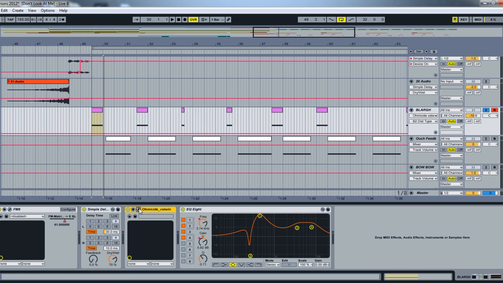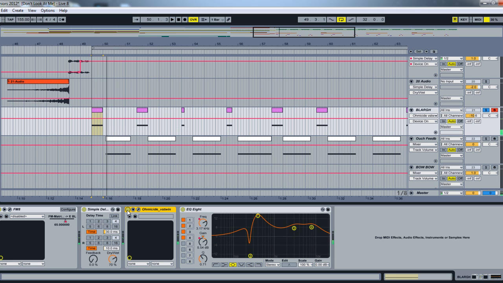Okay, and then that'll just kind of fatten up the sound a little bit. It'll make it a little bit more growly, a little bit more monstery, because if I have it off, it's still kind of got that sound, but if I turn it on, it's much stronger, it's much bigger sounding. The last thing I did, which is